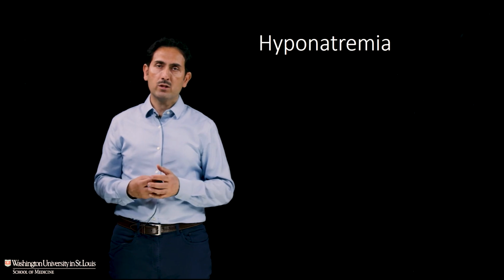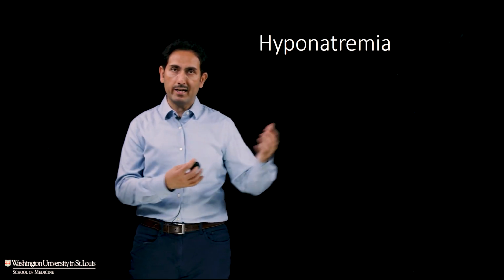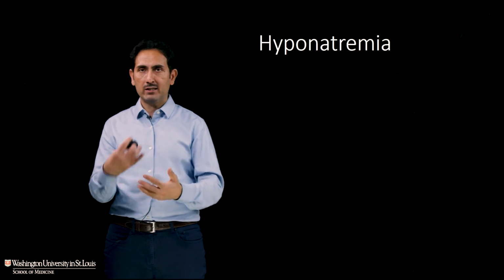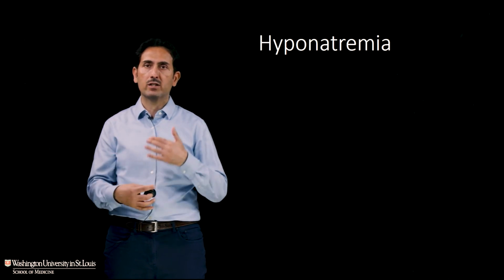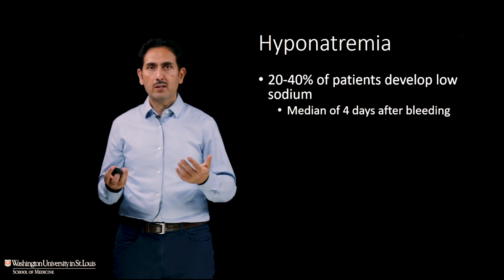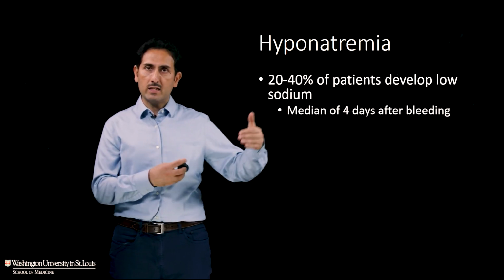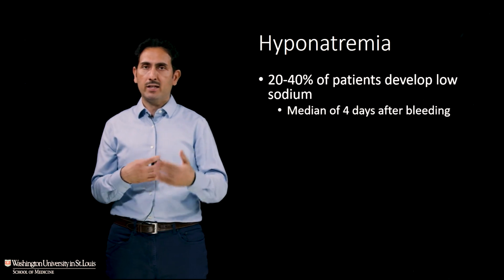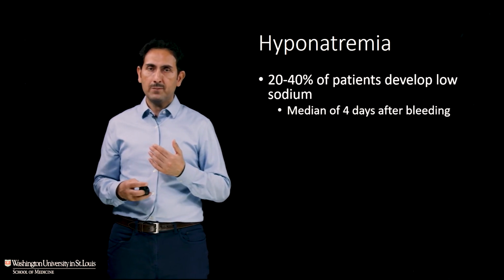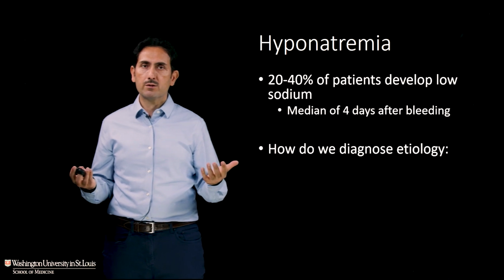The other thing to mention is hyponatremia. This commonly happens in the first few days up to a week after bleeding. Again, it's affecting the kidneys, affecting the regulation of the hormones, and hyponatremia, or low sodium, occurs in almost half of patients to some degree, often a few days later as that cascade of events and hormone changes occurs. And it can be for different causes. And so how do we know the cause?